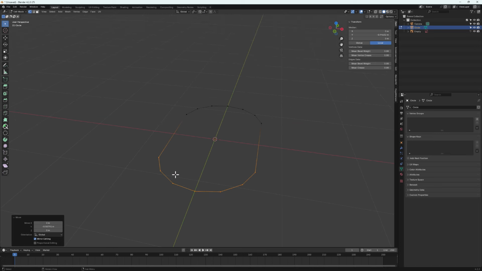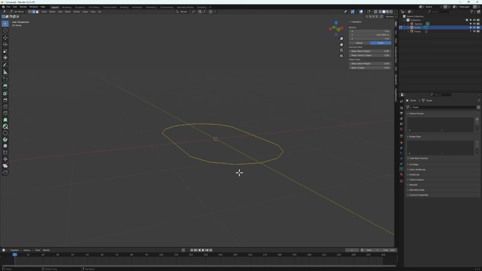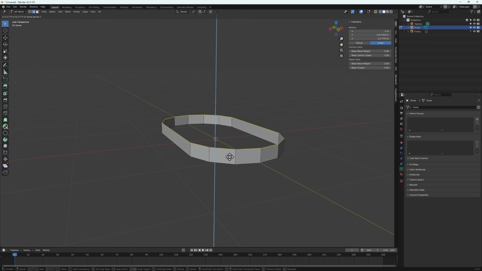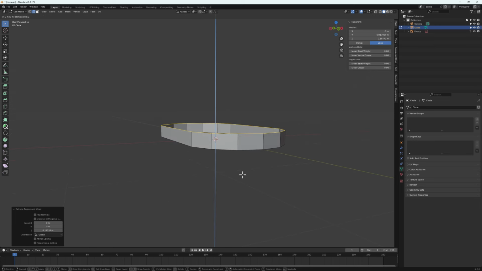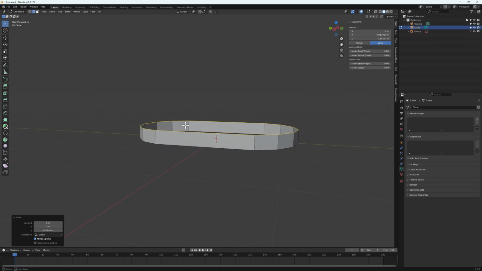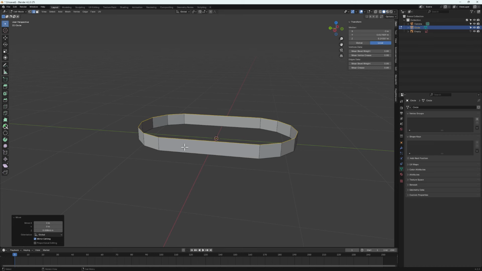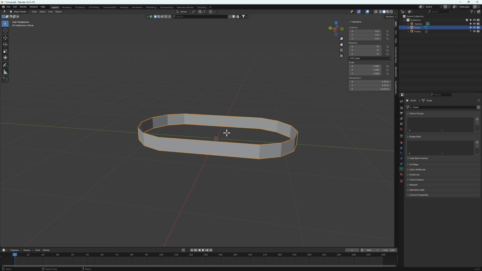So let's hit A to select everything, and then 2, and then let's hit E to extrude on the Z axis, so that we extrude it to something like this, right? Maybe a little bit up like this. Once we have this, let's add in some loop cuts here and then here, right? So if I hit Tab, then I'll do Ctrl+2